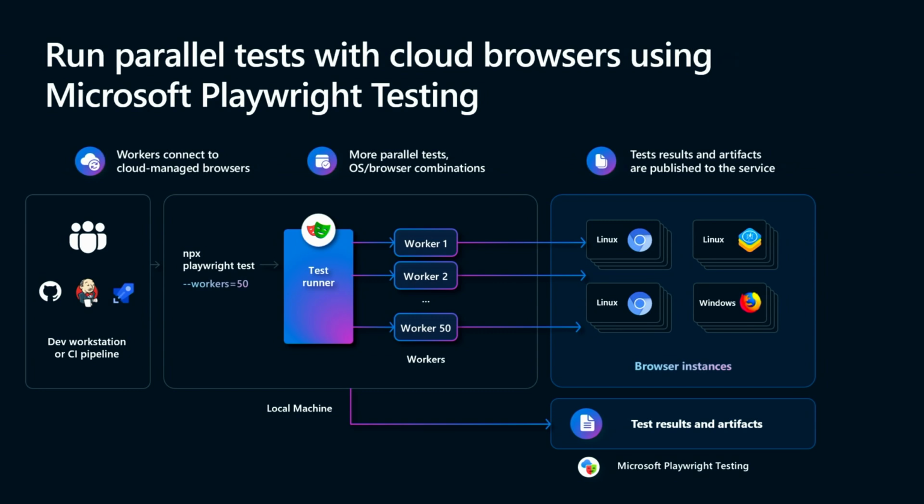When the npx playwright test command is triggered and the number of workers is specified, the Playwright test runner spins up that many workers. These workers are again lightweight processes, so they don't consume a lot of resources, but each worker now connects to the browser that is hosted on the service. So the CPU core that you saw in the previous diagram is now the service's core that is being used. So the client can connect to multiple browsers and run the tests in parallel.